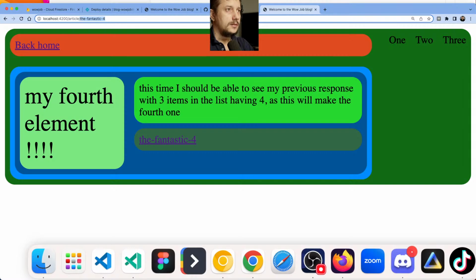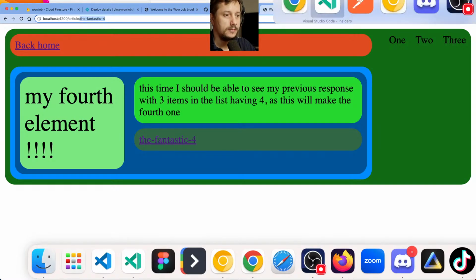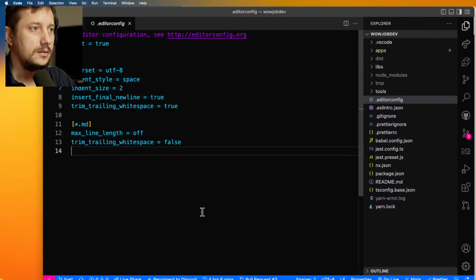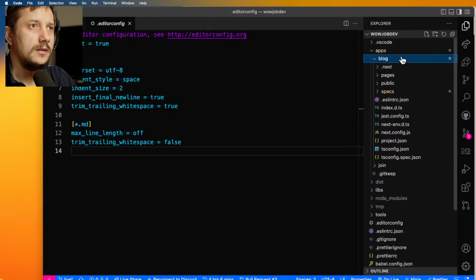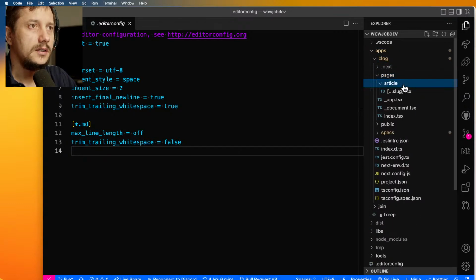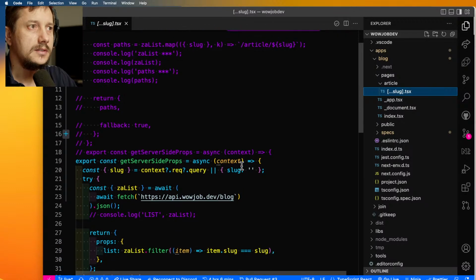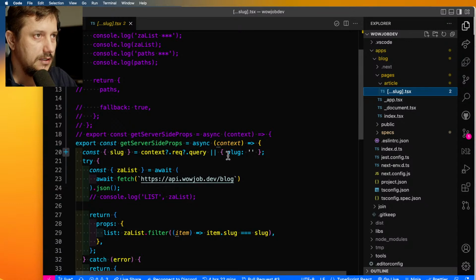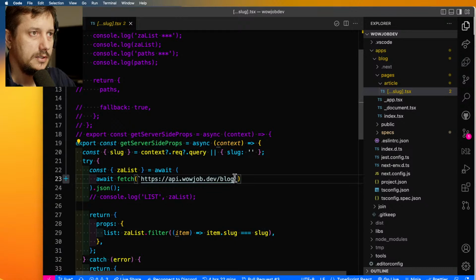And since our API is probably going to deploy very quickly, let's go back to the other coding editor, this one. So in here I have apps, I have blog, I have pages, I have article that's based on a slug. Now I do have slug here, and I can pass it to this API,